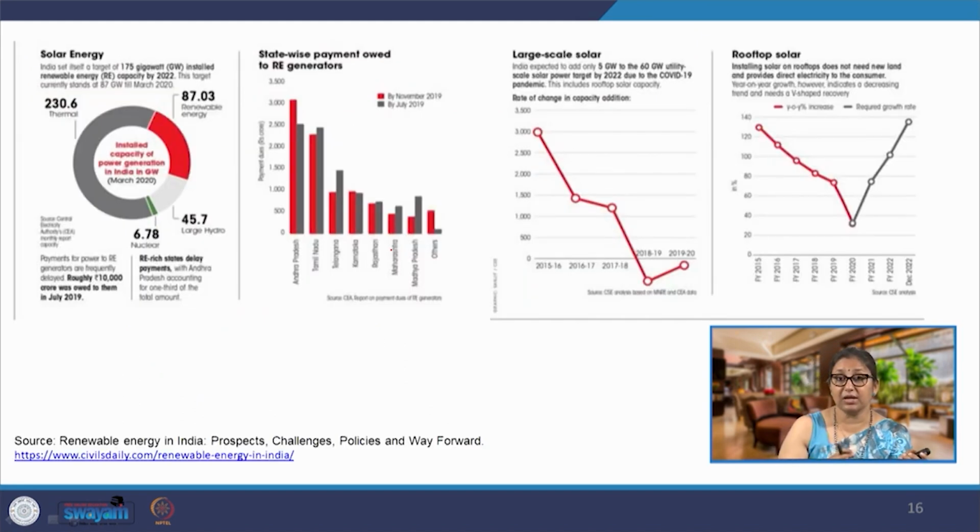And if we look at the share of that, we will see that hydropower and solar are the most significant sources of renewable energy in our country. Within solar, we have both large scale solar and rooftop solar. Both of these have been made possible, enabled through policy. So, policy as an instrument has a significant role to play whenever we are talking about renewable energy and the